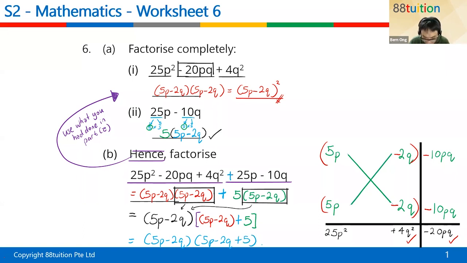That will be okay. All right, so this is quite interesting. The box down here and the box down here, they are common. You take out one set, and the rest of the items, which is the red color 5p minus 2q and the plus green color 5, you put in the other bracket. And that's how you do it. Is that okay? Okay, so